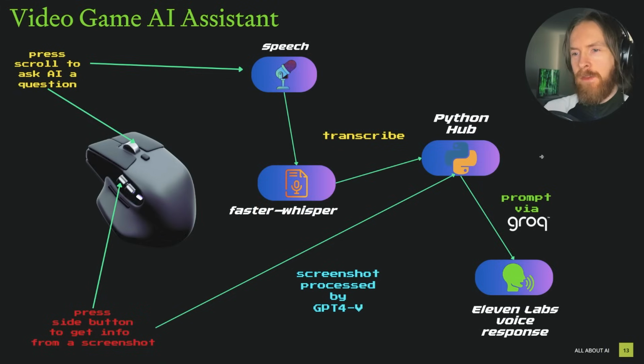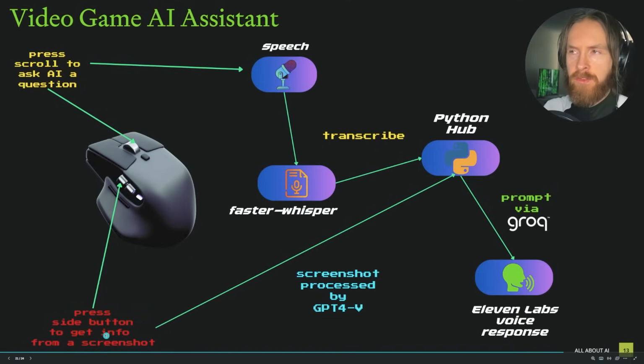So here you can see an overview of how I set this up. I am controlling this using my PC mouse. Since I play with this controller here, I can have my mouse free. So I can press the scroll button just to ask a question. And I can press the side button on my mouse to take a screenshot that will be processed by GPT-4,